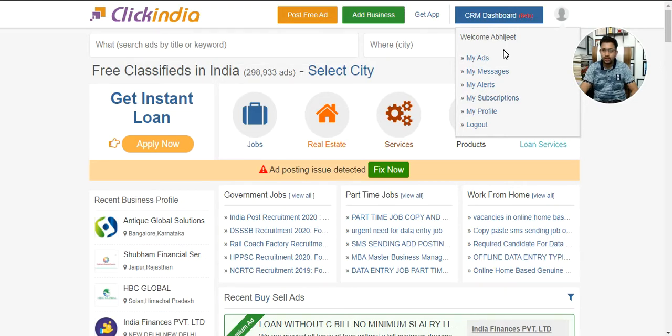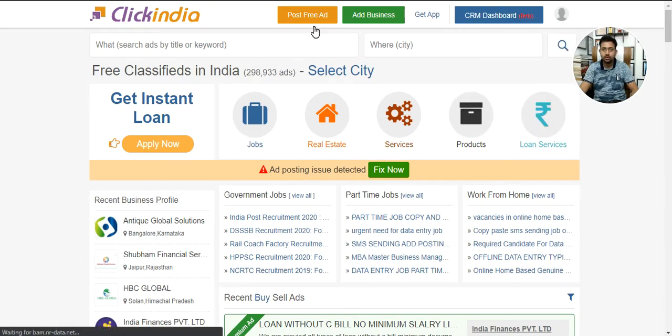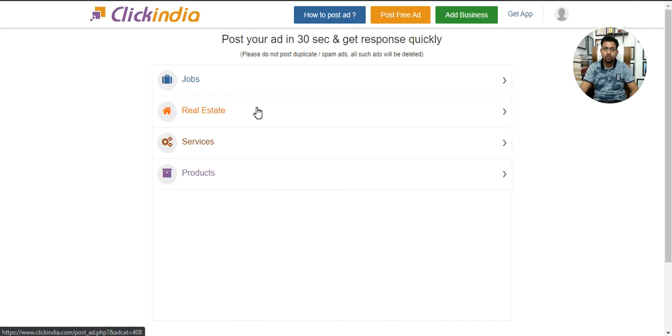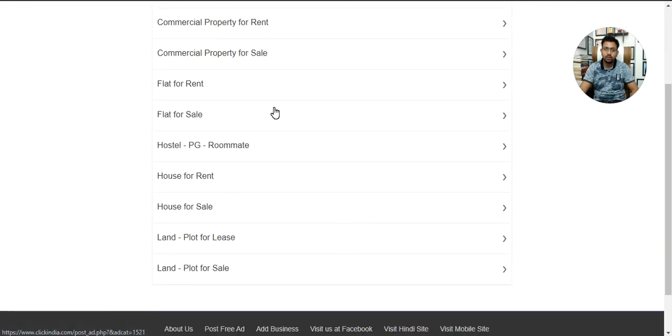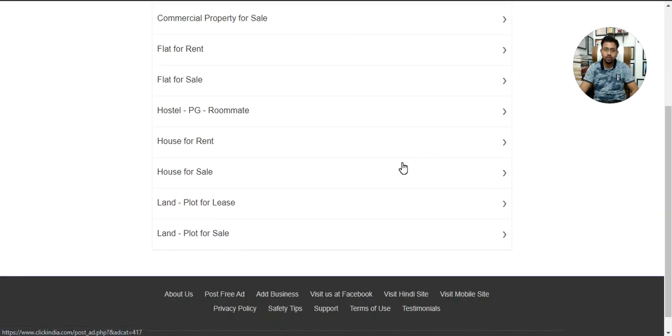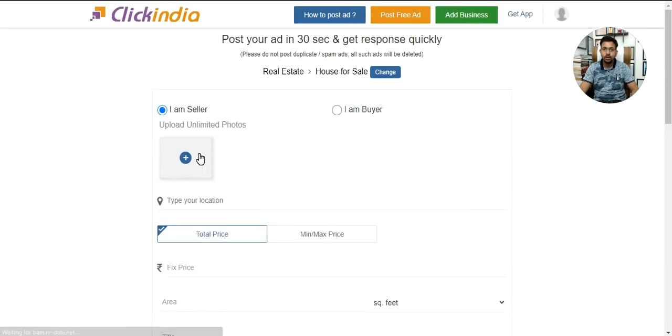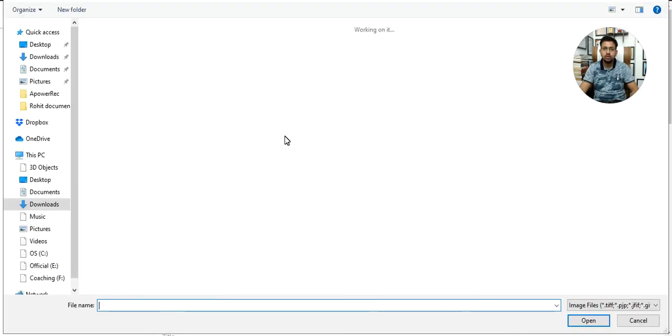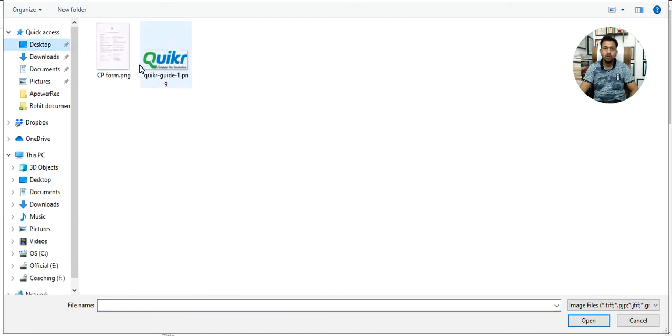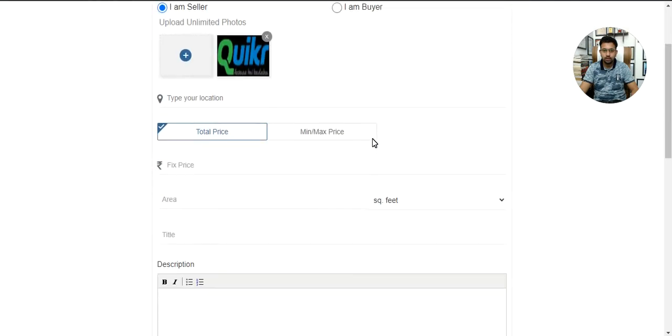Or shall I do one more listing? I'll show you one more listing with a different property. So here, real estate we have selected, and I'll go for house for sale. Okay, here I'll post, upload the photo. Let's say quickly. I know my account is going to be blocked because I am uploading a competitor's photo.